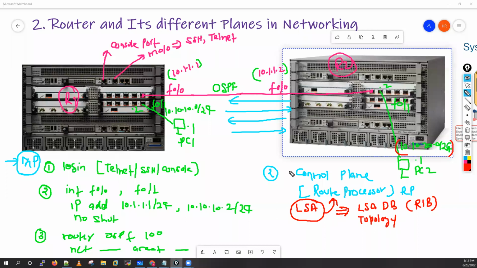When it receives these LSAs, it will run the SPF algorithm, Shortest Path First, and try to get the best path. All these things this particular router will do, and all these tasks are done by the control plane. Let's suppose you are using authentication for your OSPF, then all this authentication will also be taken care of by the control plane of your router. And after that, from this routing information base, your router will build